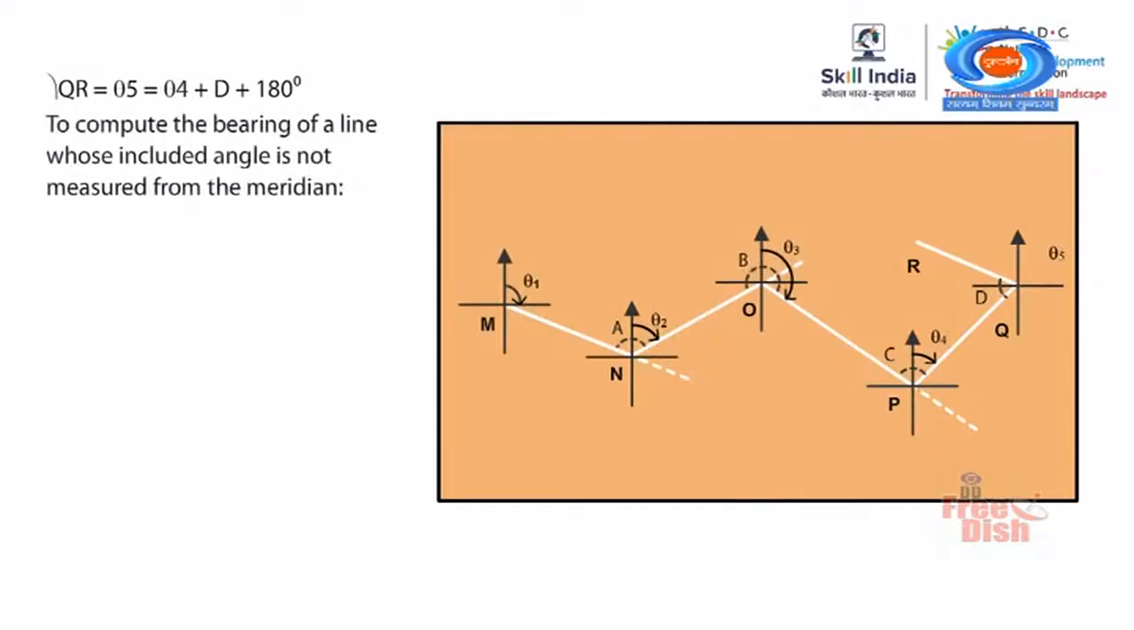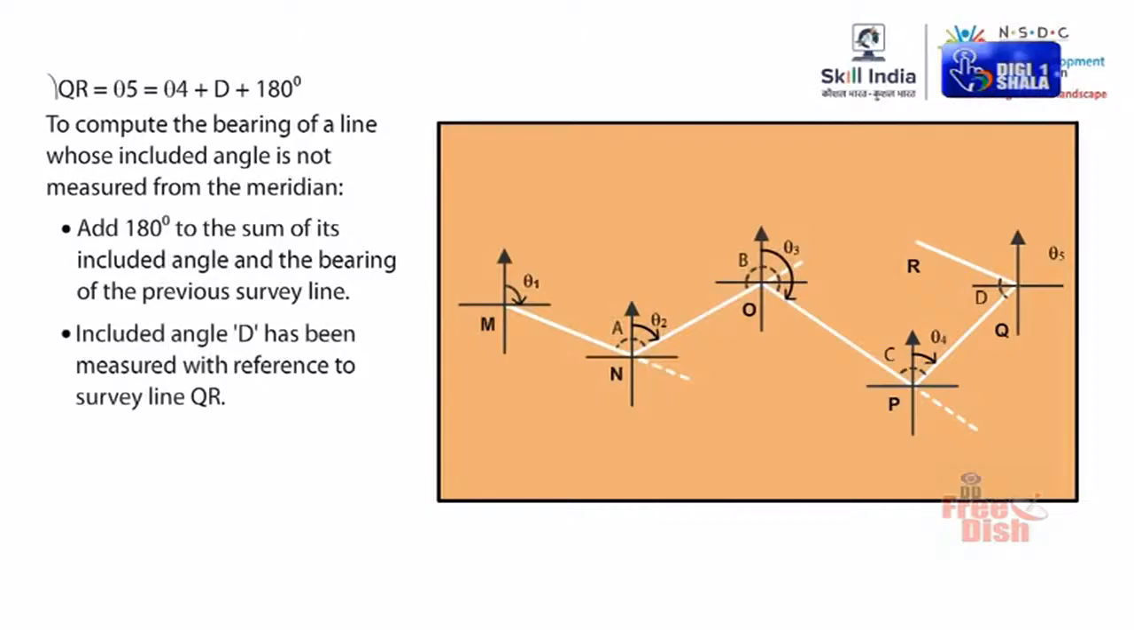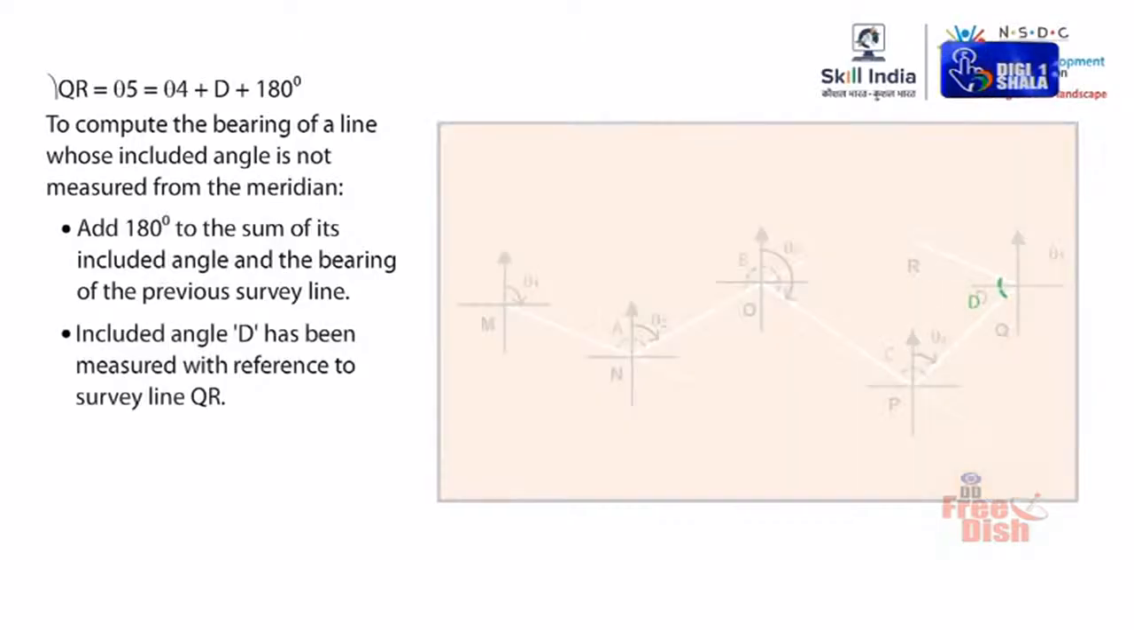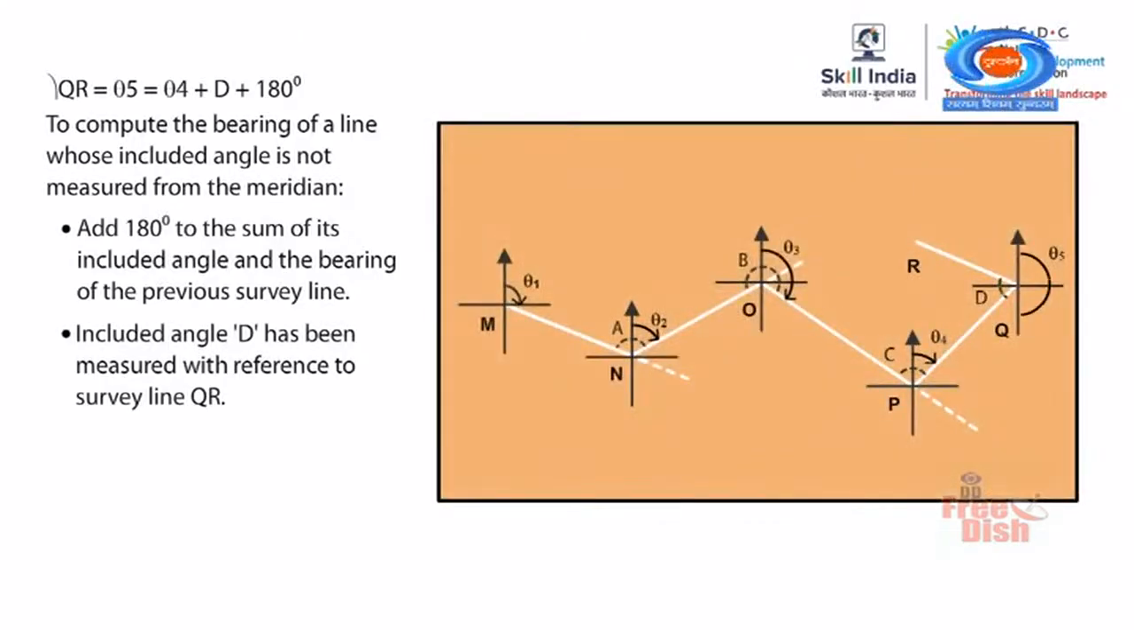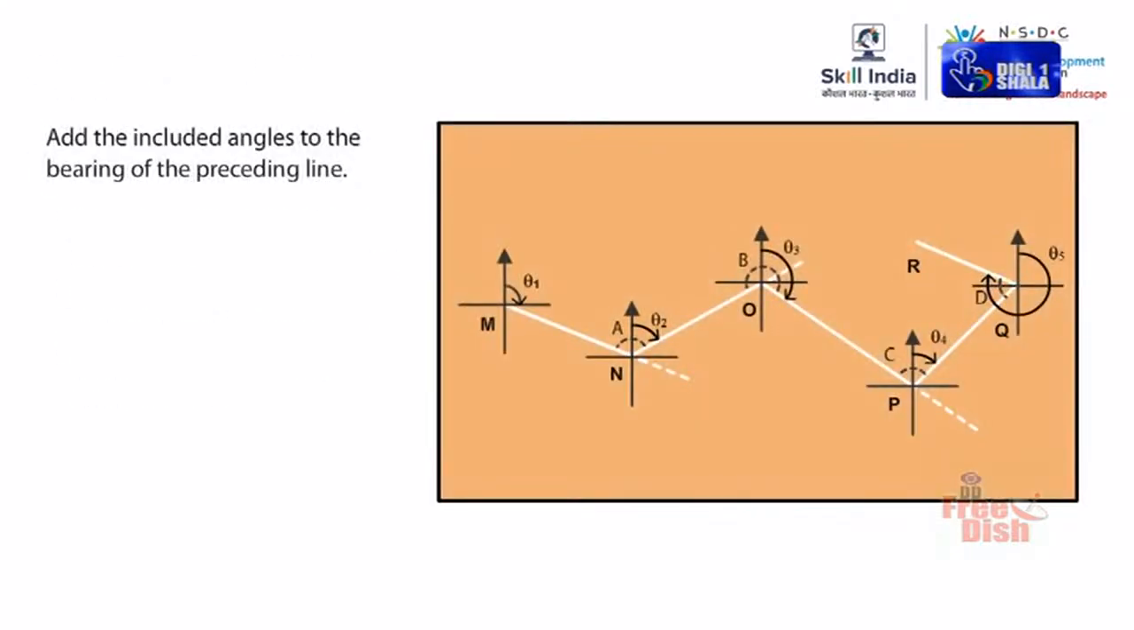180 degrees are added rather than subtracted to compute the bearing of a line whose included angle is not measured from the meridian from which the bearings are to be computed. As you can see, the included angle D has not been measured from the meridian at Q. It has been measured with reference to the survey line QR. So remember,